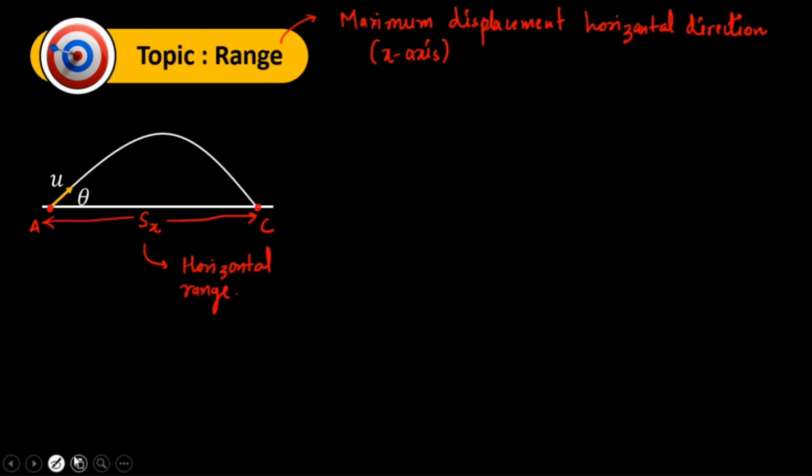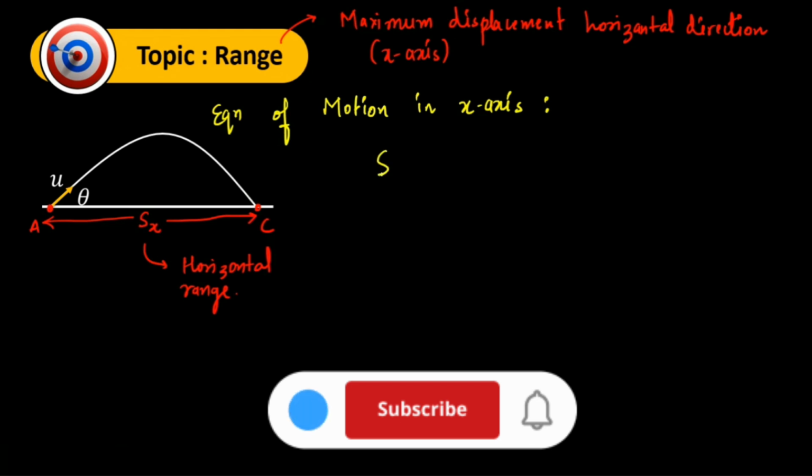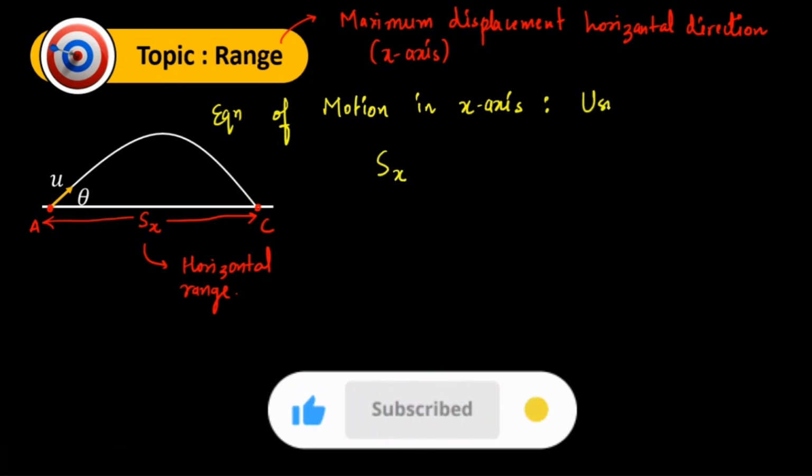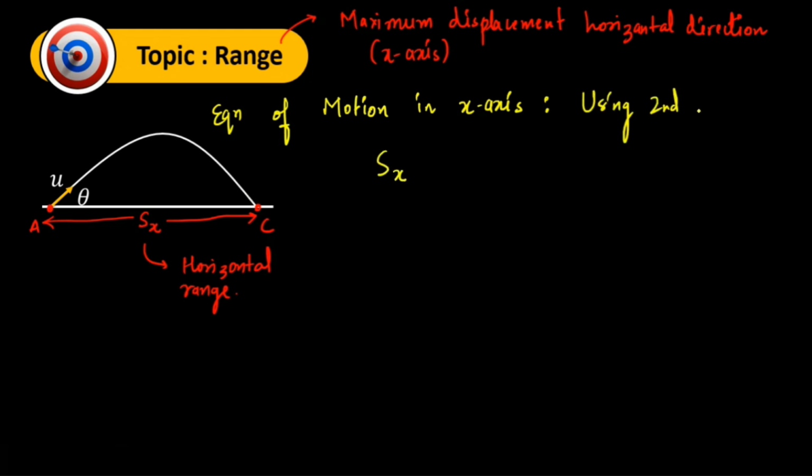Now it is quite clear that we're talking about the horizontal axis, that is the x-axis. So we must use equations of motion in the x-axis. In order to find range, we have to use equations in the x-axis. Which equation should I use? If I use the third equation to find displacement in the x-axis, we need the final velocity. But as we don't have the final velocity, we'll use the second equation of motion again. So I can write here, using the second equation of motion,